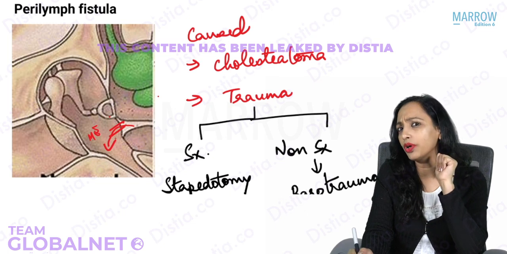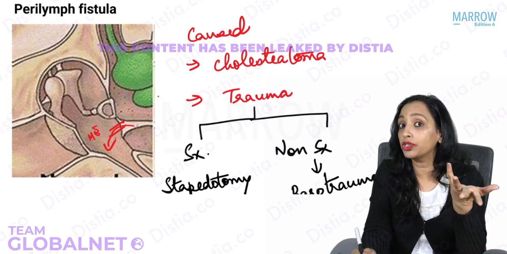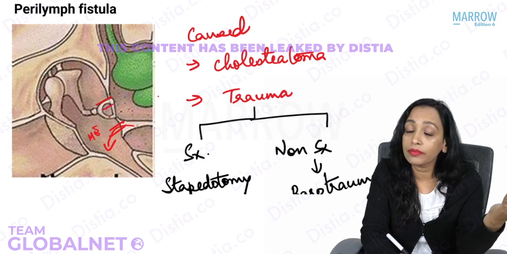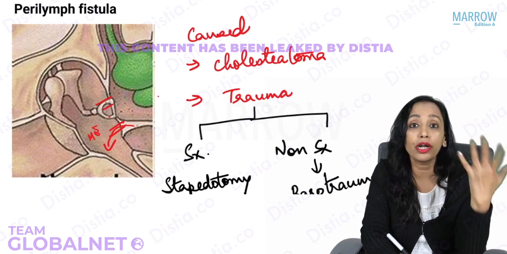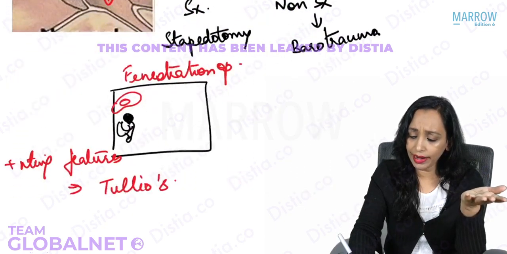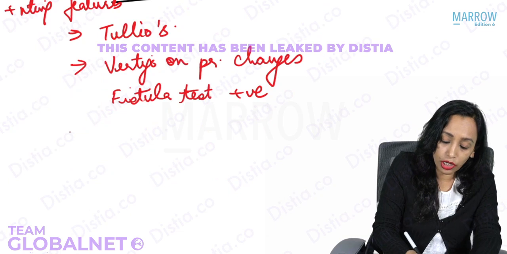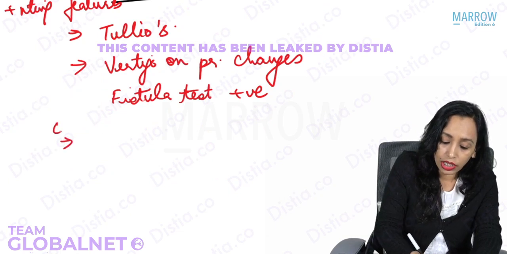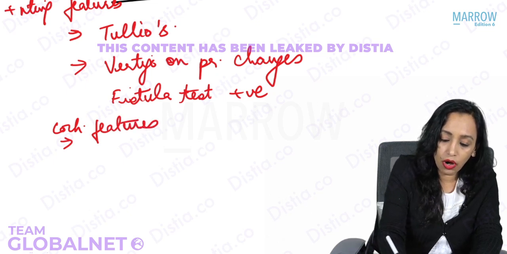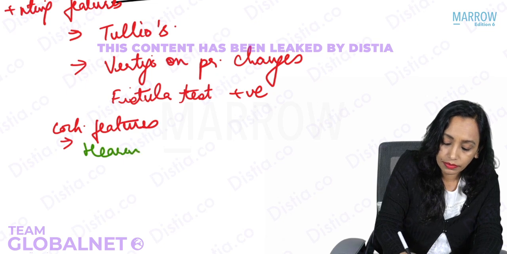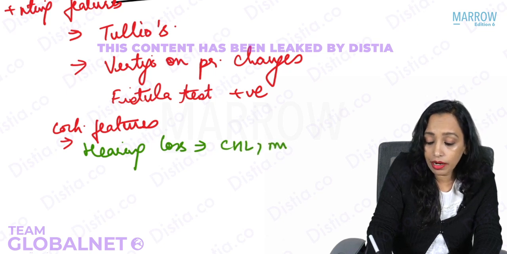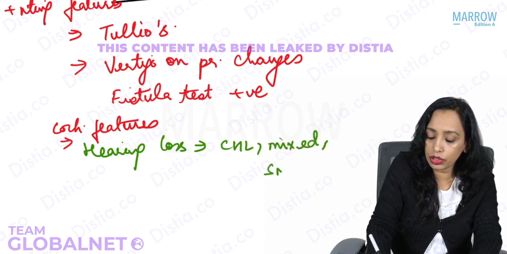Can the patient have only sensorineural hearing loss? What if it is because of cholesteatoma? Cholesteatoma is here and that is leading to the fistula. The patient already has a conductive hearing loss. Yes, so if there is a barotrauma because of which the ossicular chain has also got dislodged, the patient can have any type of hearing loss here. So in the cochlear features, the patient can have hearing loss, and this hearing loss can be either a conductive hearing loss, a mixed hearing loss, or a sensorineural hearing